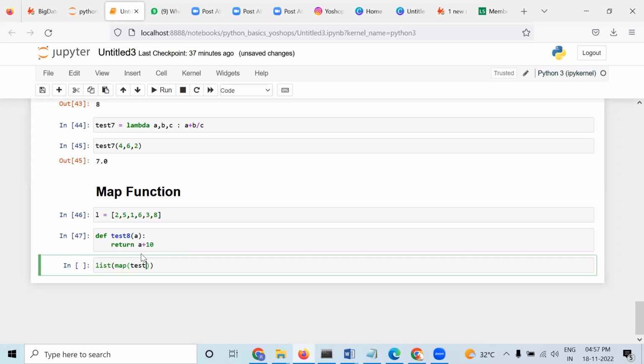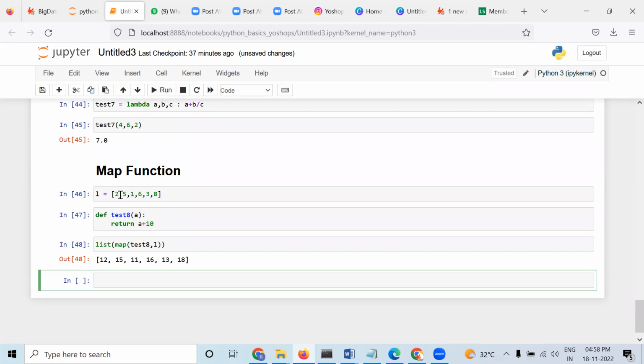So we have to write this and comma L, whatever list we are taking. Okay, the function and the input. So when I run this, you can see 10 plus 2, 12, 10 plus 5, 15, and then 10 plus 1, 11, 10 plus 6, 16, 10 plus 3, 13, 10 plus 8, 18. So this is how the map function is used. Is it clear to all of you? Ma'am,